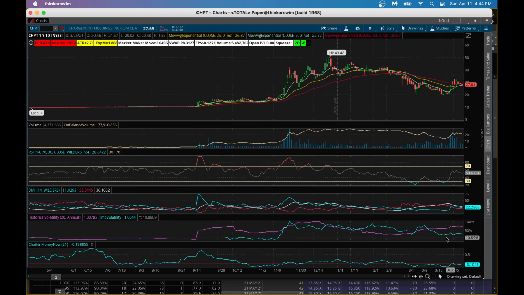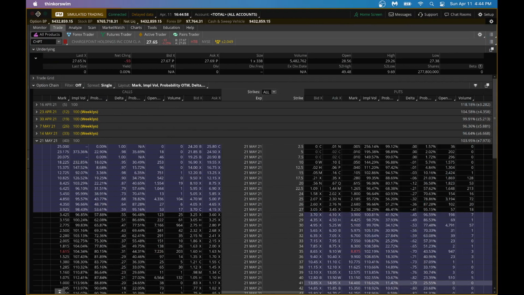And IV itself, I would have loved to see this a little bit higher, but probably I would wait on this one too. I would love to see this actual implied volatility going above the historic implied vol. At this point, not very comfortable, but if you want to sell, it's also okay, given IV rank is 63.2 and stock has taken a little bit of a beating. So with that, let's go to ChargePoint here.